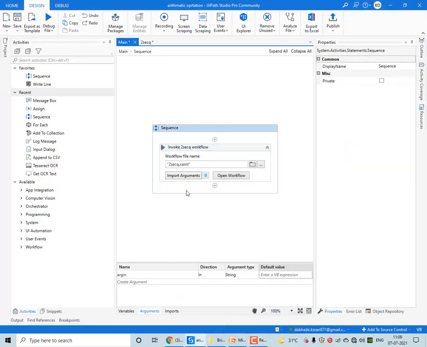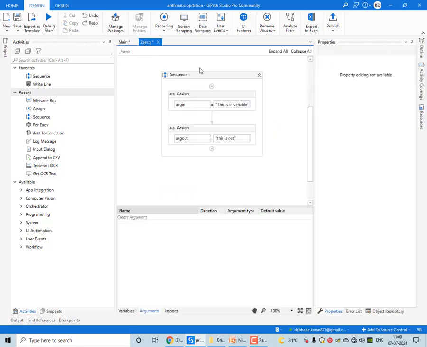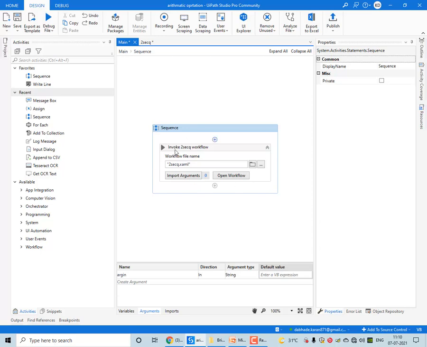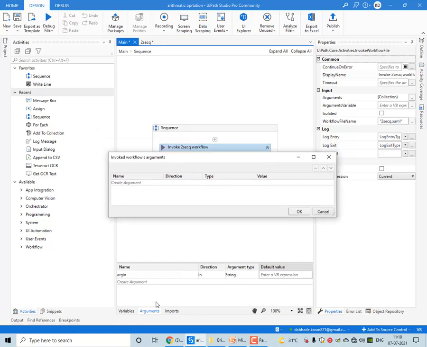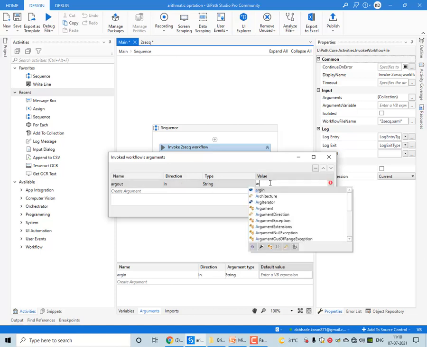Okay, so now this is my newly created sequence. This is my first sequence. Here you can see I want to have an argument, so I will call the arguments argout by clicking on import.